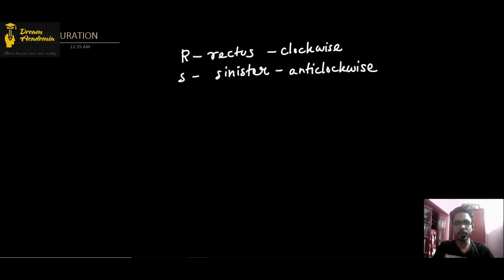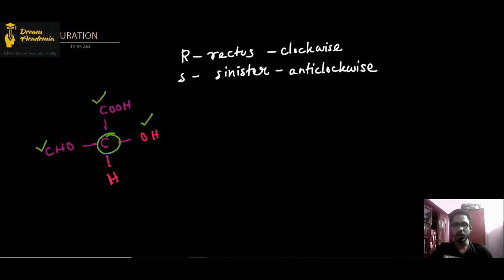For example, if you were given this compound, note very carefully. First of all, we will compare the atomic masses of the atoms attached to this central carbon. What are the atoms attached to the central carbon? This carbon atom, and this oxygen atom, and this hydrogen atom. Now since these two carbon atoms are the same, we'll consider the ghost atoms. What are the ghost atoms? This is the ghost atom. This is the ghost atom. The ghost atoms attached here are O and H, whereas the ghost atoms attached here are O and H.